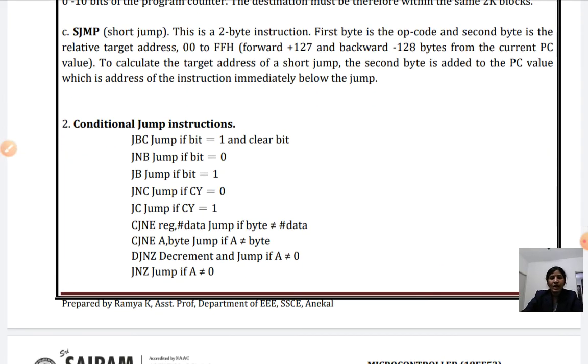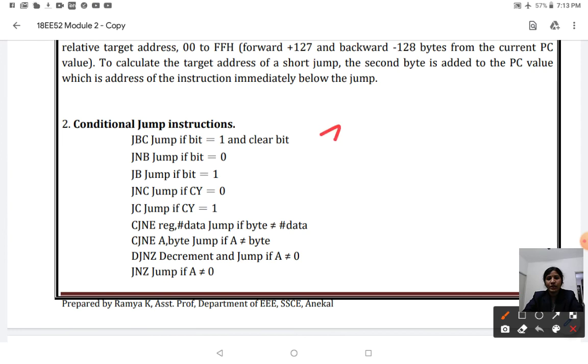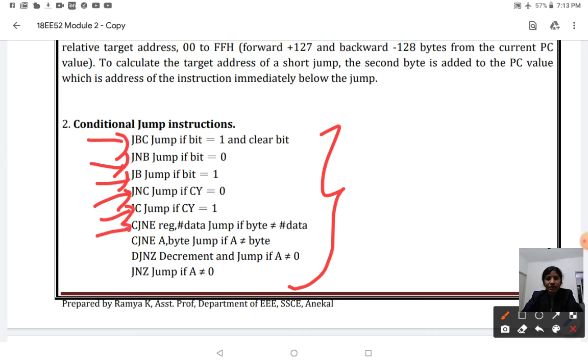So these are, as we discussed earlier, some of the examples for your conditional jump instructions. The conditional jump instructions are JB, that is jump if bit is set, JNB jump on no bit, JNC means jump on no carry, JC jump on carry, CJNE compare jump on not equal, DJNZ means decrement jump on non-zero, JNZ means jump on non-zero.